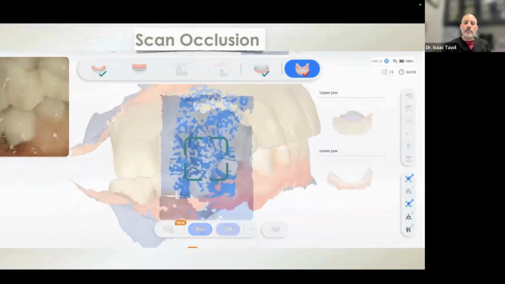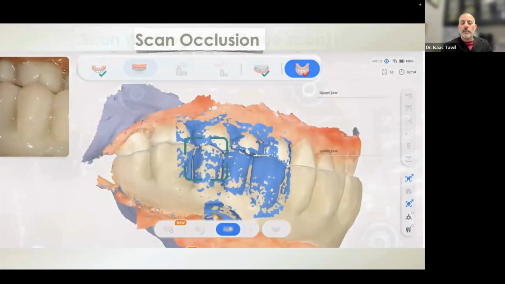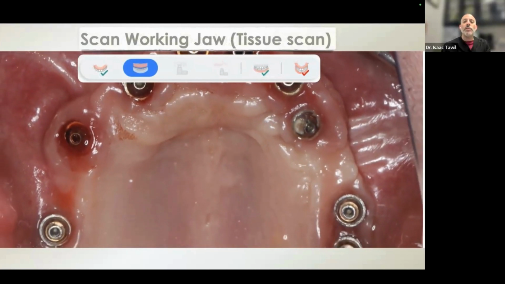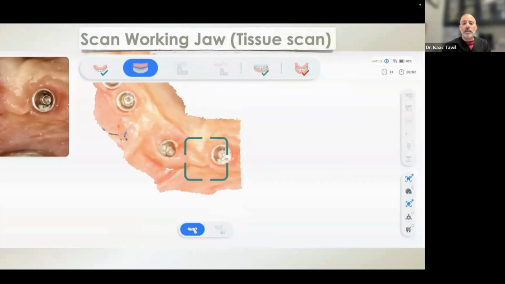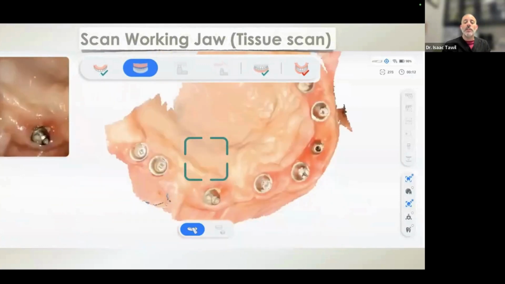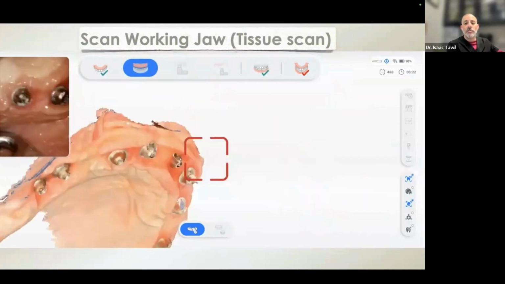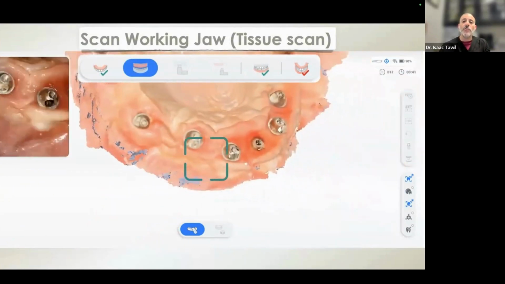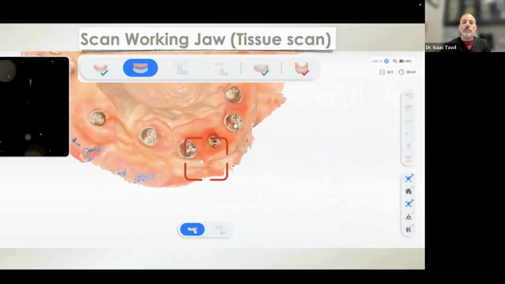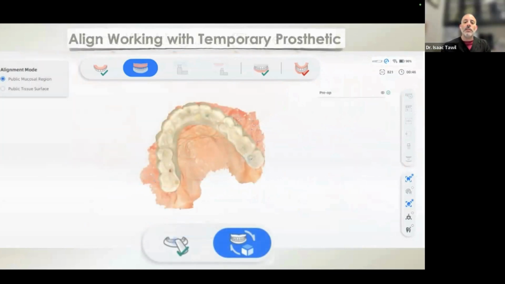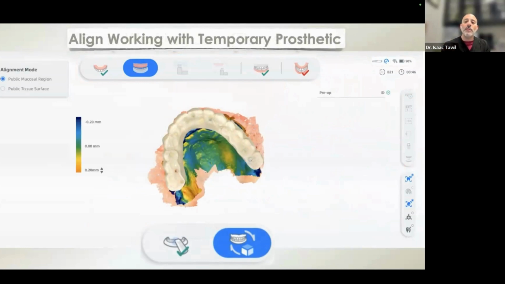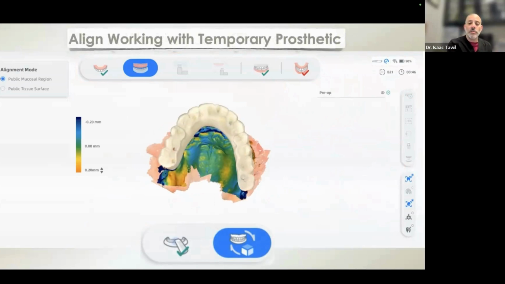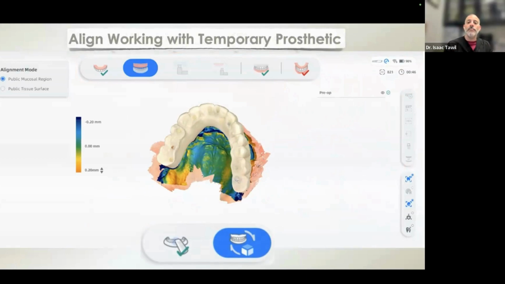Works very fast. Now we can remove the prosthesis from the mouth, and we can start to scan just the multi-unit position. I do not want any scan bodies. I do want some soft tissue so I can align my pre-op with the provisional to my current removal of the prosthesis. So those two will align nicely. You'll see here, once I hit play, it will now give you a heat map showing the layering of the two. So we're very, very nicely matched with our provisional and our multi-unit scan.